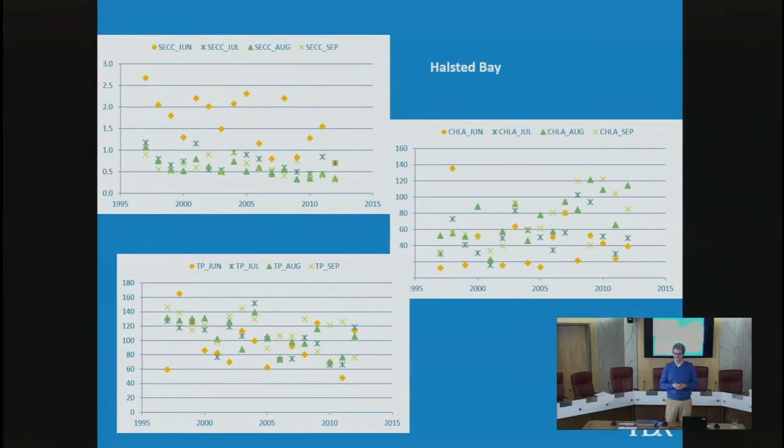So I think that's all I have right now. I can take any questions. Go ahead. Do you have any ideas about this lowering of phosphorus and